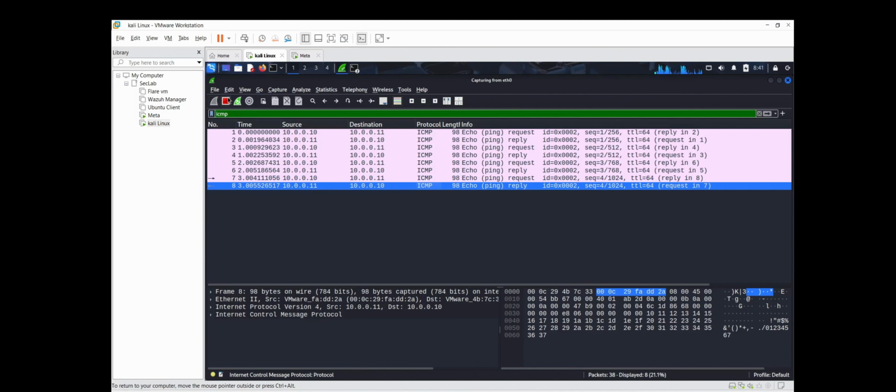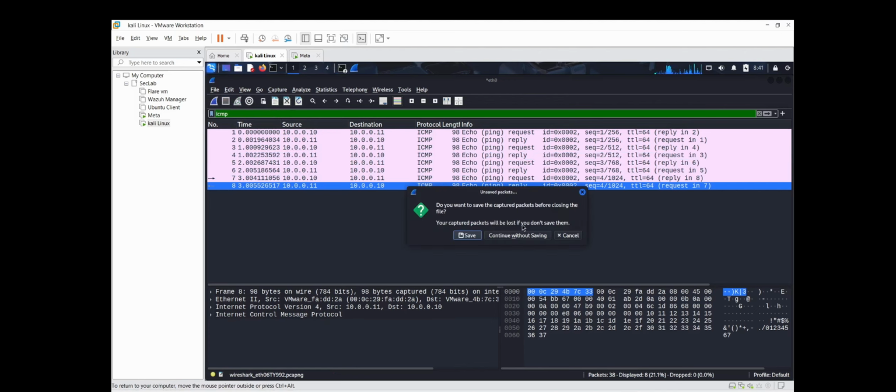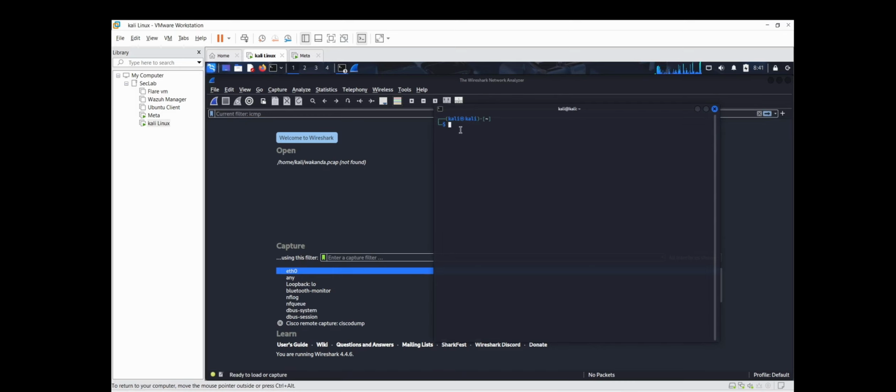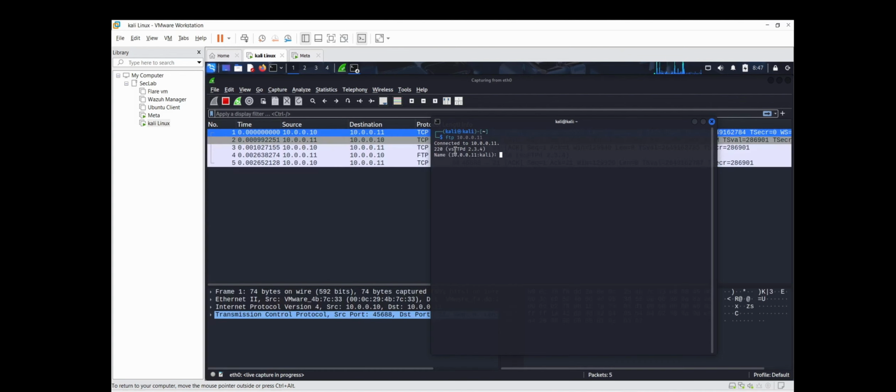Let's stop this now. Let's stop Wireshark and clear this screen, so we can run a different command. Okay, then we go back to the terminal, and then we can use the file transfer protocol. This time we are going to connect to the Metasploitable, which is IP address 10.0.0.11. Then we press enter. Now you see it's capturing everything and is asking for